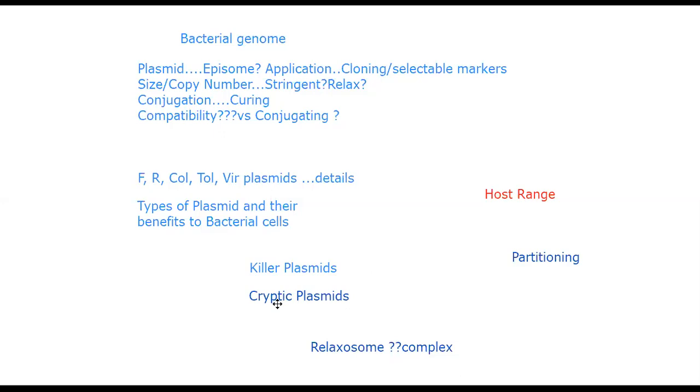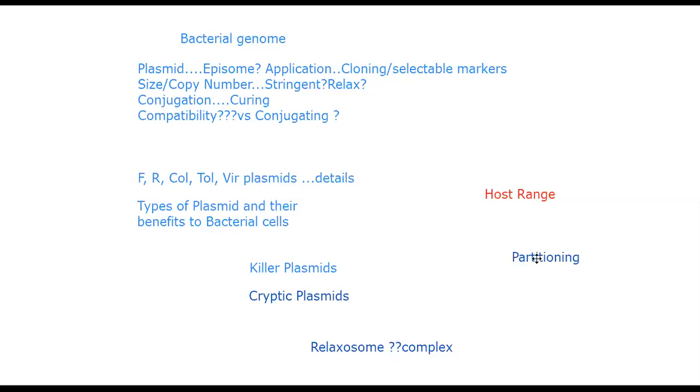Okay, so there is another term, cryptic plasmid, which is given in your Pathfinder also. We have discussed all these plasmids. In the initial part, when we started the class, I told you that seven different types of plasmids may be present in one bacterial cell. Actually we have discussed five, and killer plasmids make six. There is another category called cryptic plasmids, those whose functions we actually do not know, but they are found to be present in bacterial cells.